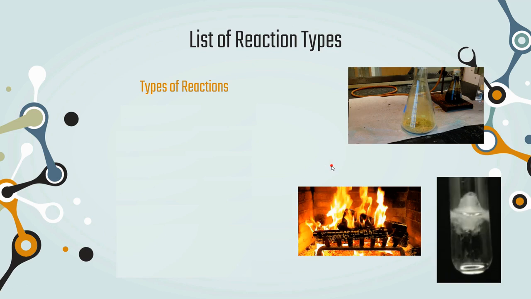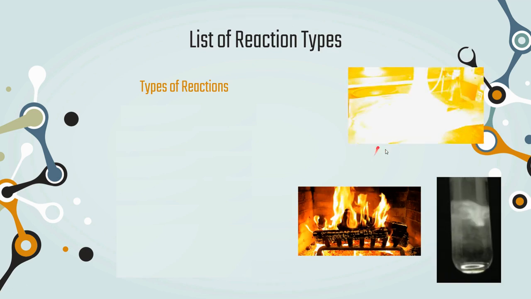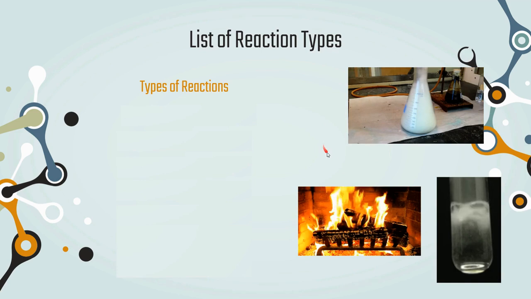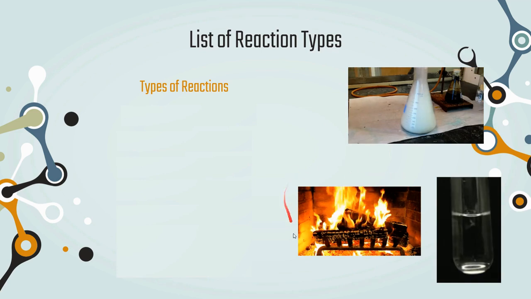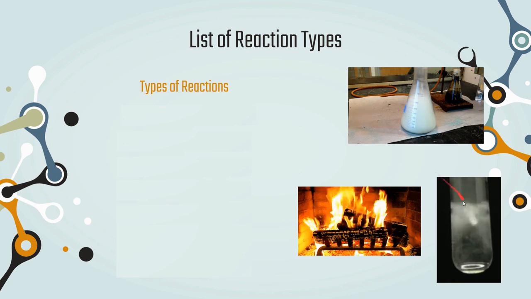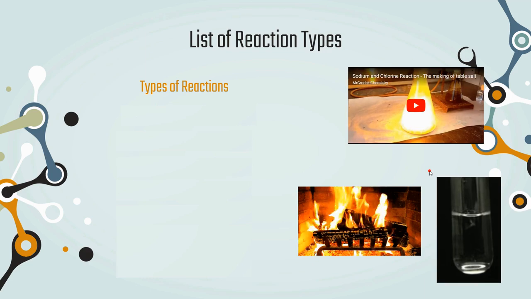Mute this. You'll notice that in the top right, we have that super bright reaction. It kind of looks like something's catching on fire. In the bottom left, we have a fire as we'd picture it. And in the bottom right, we have something that's sizzling in a tube. We've talked before about how these are all chemical changes, but now we're going to actually classify them as these